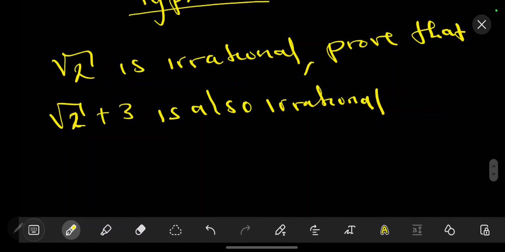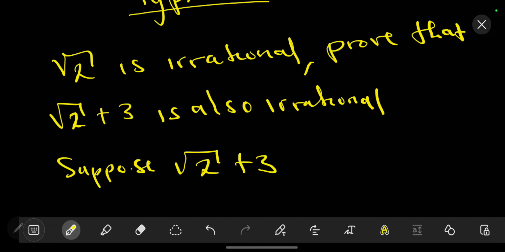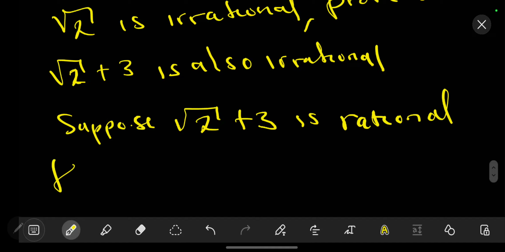So you are going to prove by method of contradiction. So you are going to say suppose the given value, which is our square root of 2 plus 3, is rational. So we have to first prove, since we are using method of contradiction. Suppose square root of 2 plus 3 is rational, then we can say then